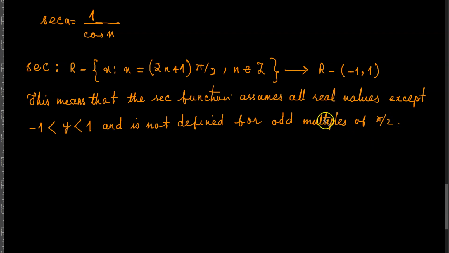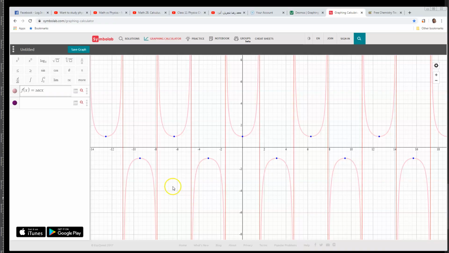Now, if we restrict the domain of the secant function to, for example, 0 to pi, this is 0, this is pi, and you can see that over here at pi by 2, the function is not defined. You get this vertical asymptote here. So if you take this point pi by 2 out, and you restrict the domain of the function to basically 0 to pi, meaning that